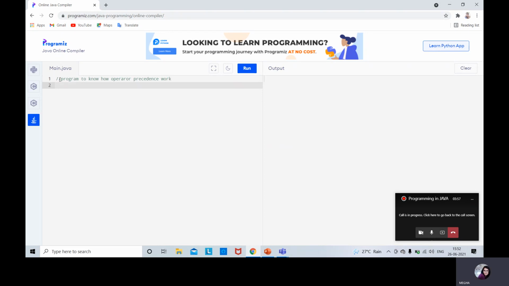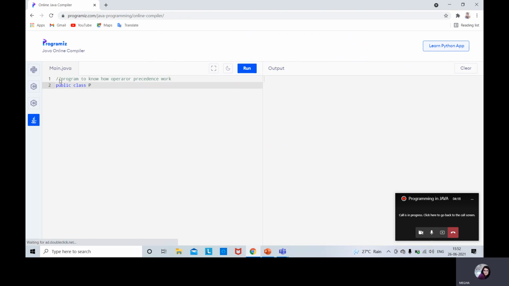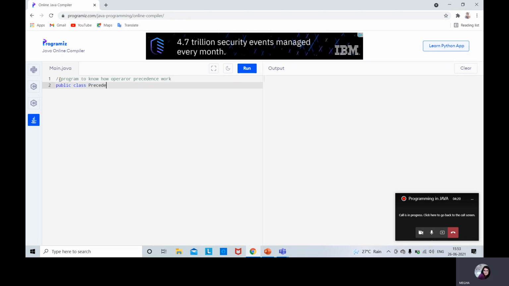First, we have to have a class definition. So let it be a public class. The class name is always a user-defined name, but it should always start with a capital letter. So let us name it Precedence.